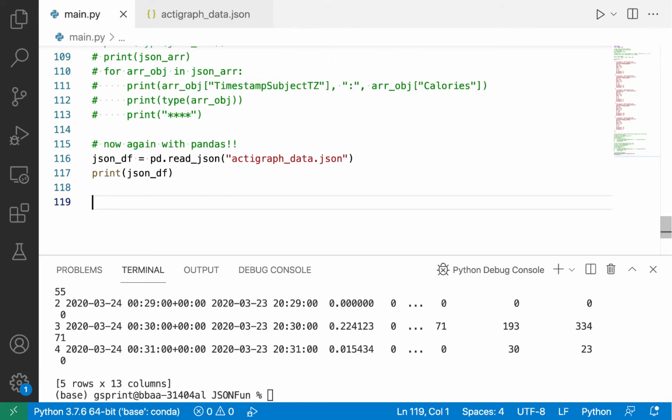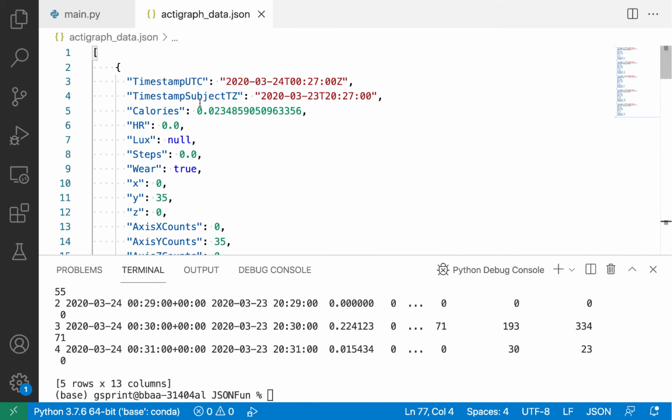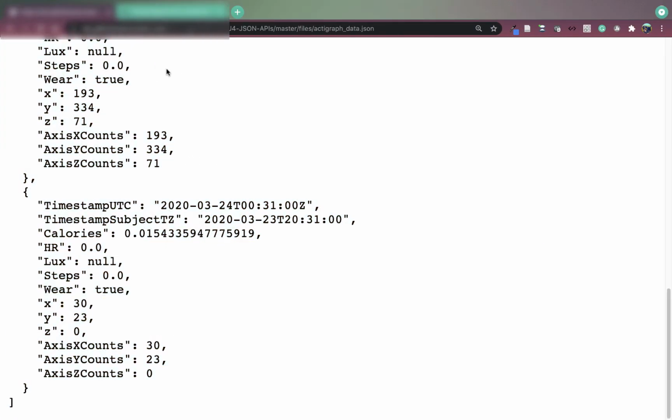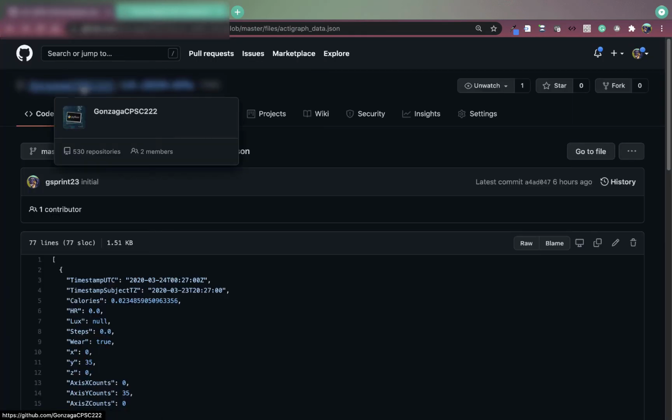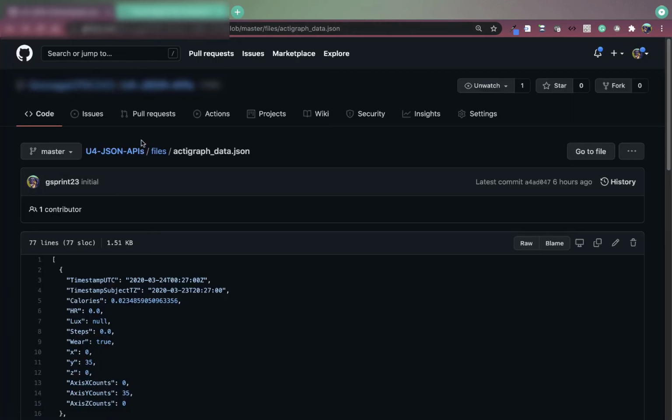All right, let's do another example. Okay, we won't introduce any new Python programming techniques with our JSON or our Pandas libraries. But we'll do another example, but this time with different data, because the data we worked with right here was in a pretty nice format, especially for reading it into a Pandas data frame. Our outermost type was an array. Now let's see an example where our outermost type is a JSON object, meaning it's a curly bracket instead of a hard bracket. So if you go back to this URL right here, where I've got a repo that's public,